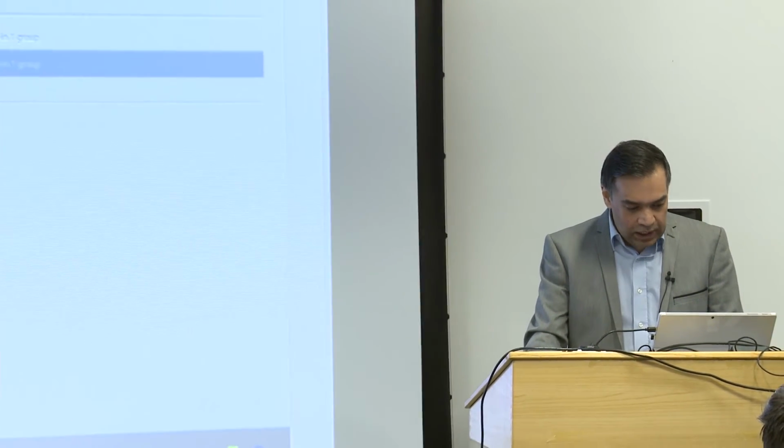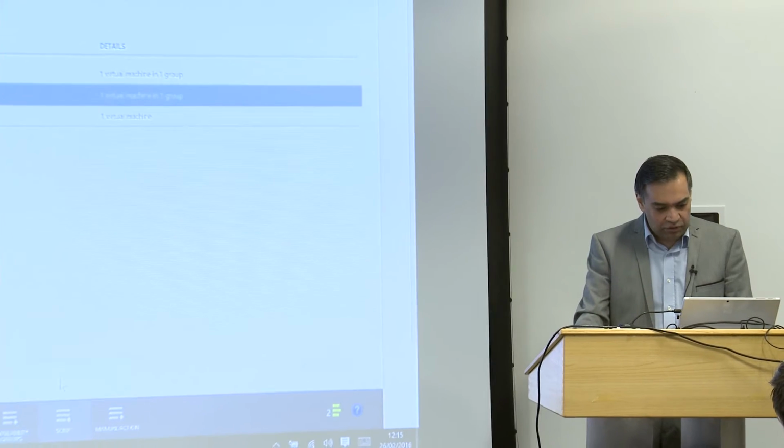Within the recovery plan, as some of you who put your hands up for SRM will know, it's similar in terms of the groups you can create and the steps you can create. So you can say fail over a virtual machine first, check to make sure that the SQL comes up before you then start up my web machine and so forth. You can add some scripts as well, before or after the recovery.